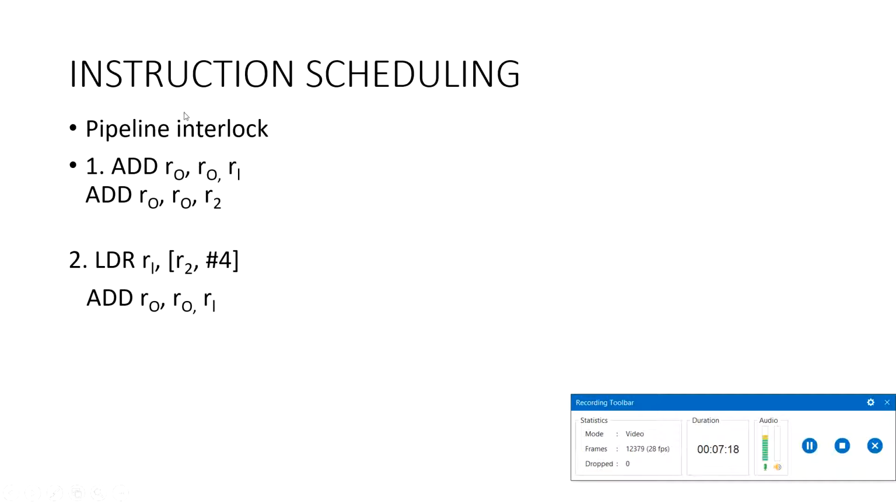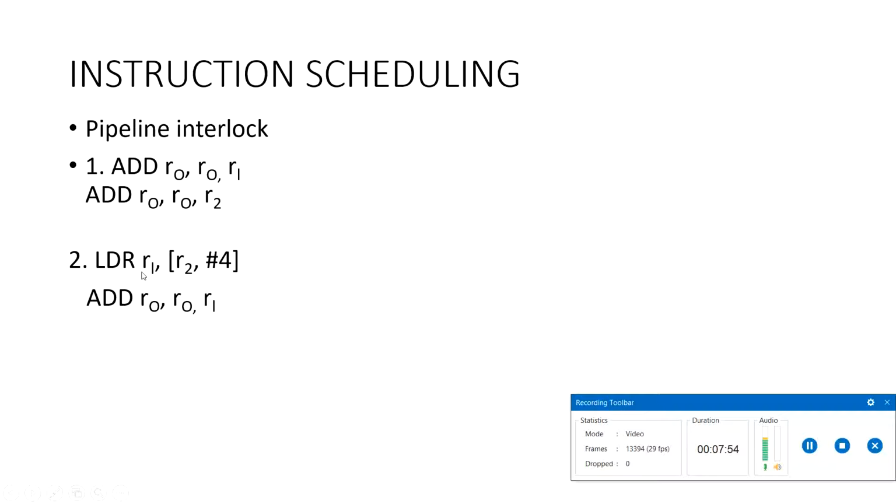The next property, which comes under instruction scheduling, is the pipeline interlock. What do we mean by pipeline interlock? Let's deal with an example. Here, R0 is R0 plus R1, that is ADD R0 = R0 + R1. Here again, it is R0 plus R2. So these two instructions are separate, which means they are not dependent. The second instruction is not dependent on the first instruction in terms of any data. So they are not in a locking condition; they are independent.